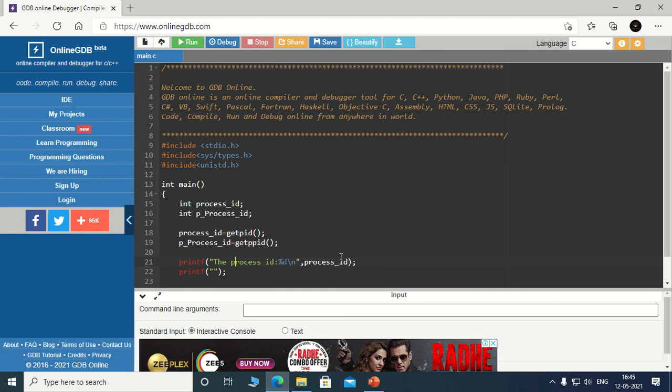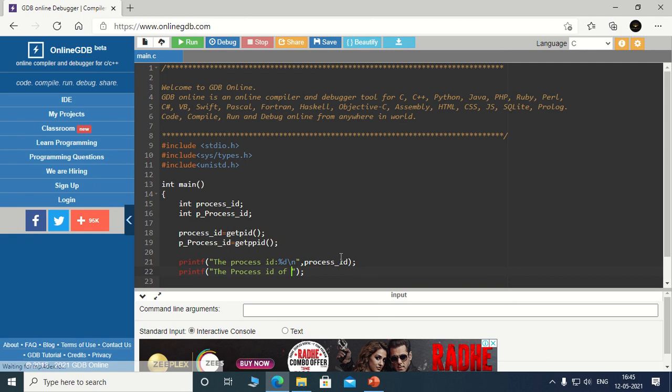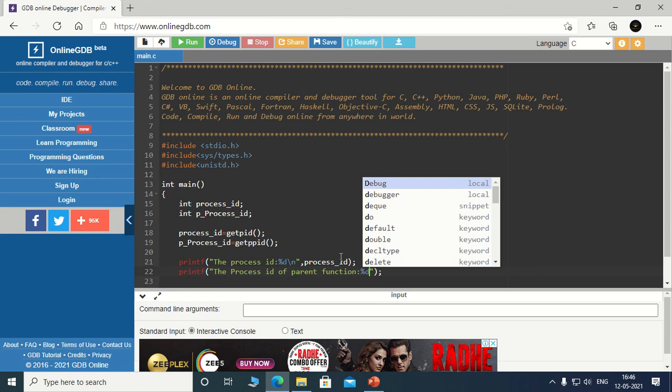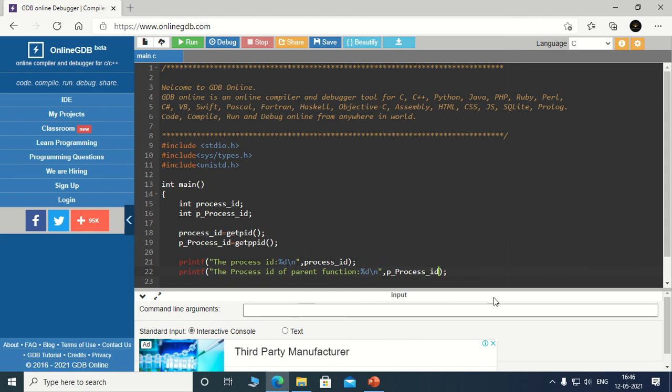and here I am just displaying that the process ID is equal to a numerical value that I should get, and the process ID of the parent function is, I am mentioning it with the help of a format specifier, and here of course I will take the variable name, that is the parent process ID.